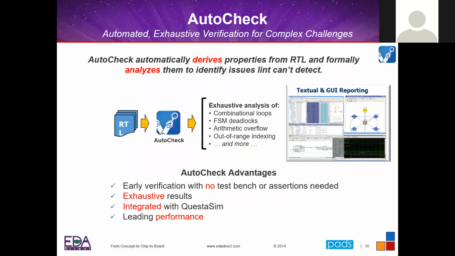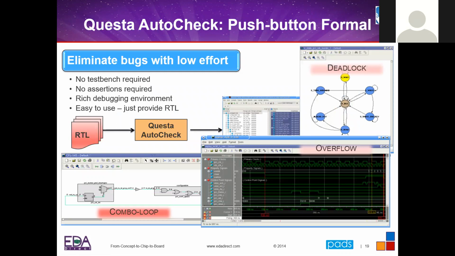It's really about taking your RTL code and running it through and applying a whole bunch of different tests, whether it's combinational loops, math overflow, all kinds of different things. And it's just that simple. You compile your code and hit Autocheck. And then it comes up with a set of definite errors and cautions,